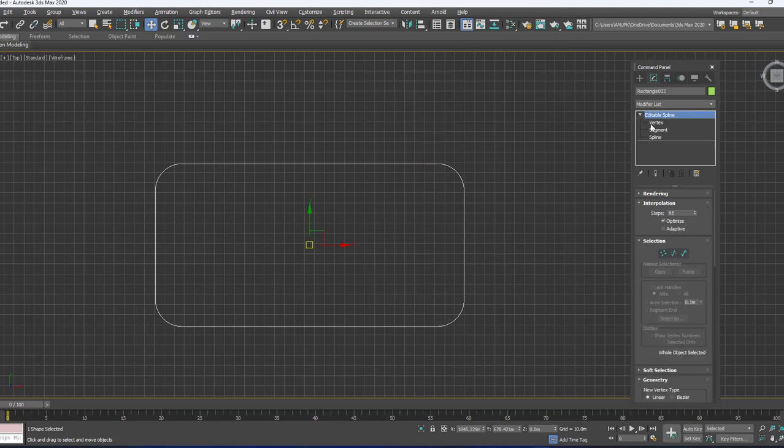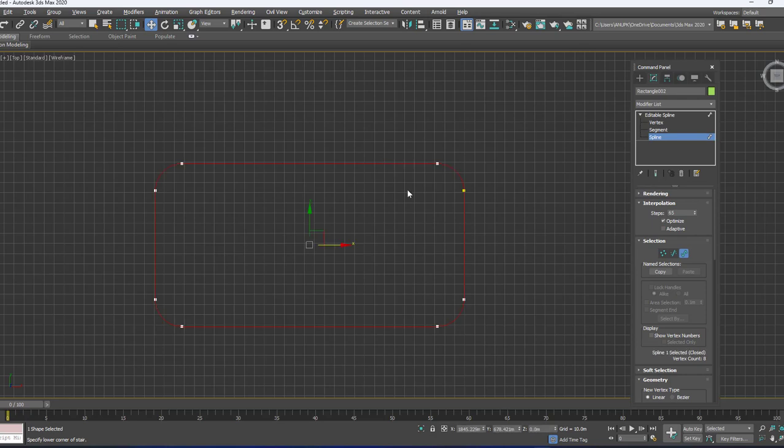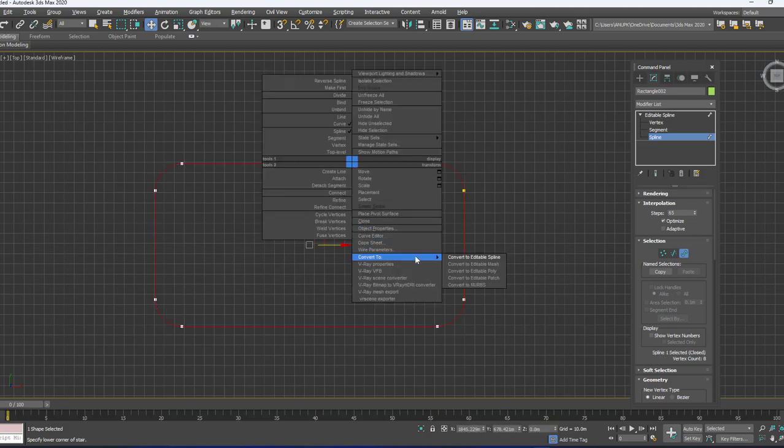So now this rectangle has been divided into subdivisions like vertices and then segment and then spline. Like the line command, you can apply the modifications, but make sure you converted this rectangle to editable poly. We can see it later in detail how the editable poly or spline will help us.